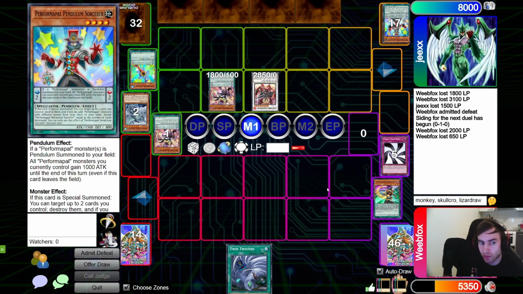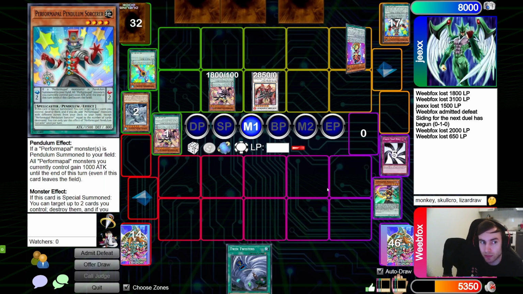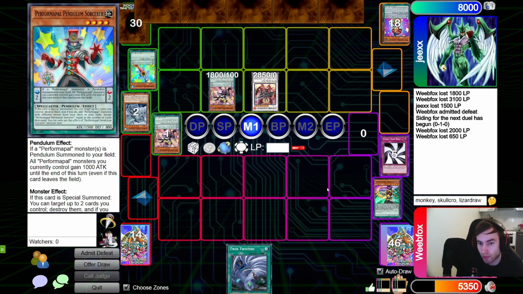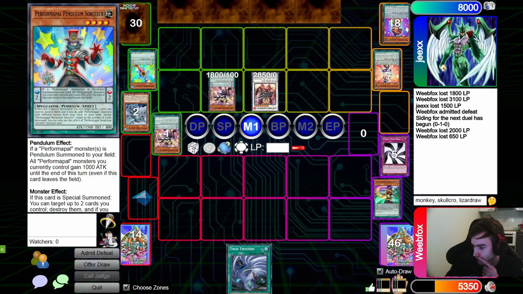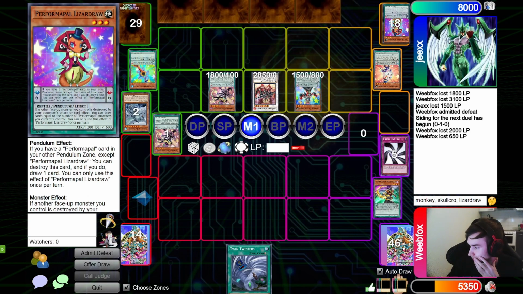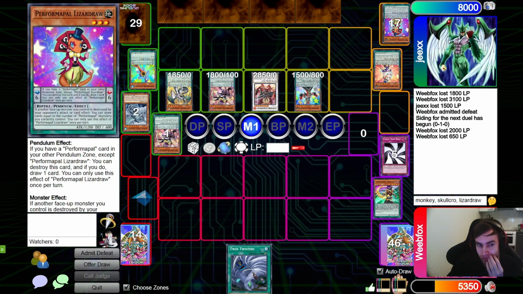I'm going to activate Lizard Draw, activating Guitar Drill's effect to draw one, and popping Lizard Draw to draw a second one. Then I'm going to activate Monkey Board to search for another Performer Pal. I would like to search for Lizard Draw. Then I would like to Pendulum Summon Pendulum Sorcerer, and from my extra deck, I would like to also Pendulum Summon Luster Pendulum,